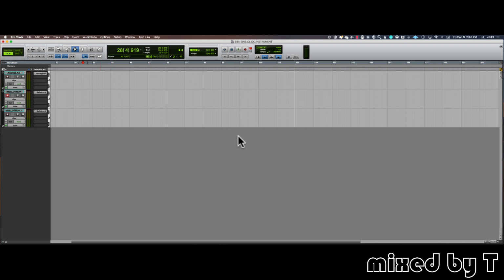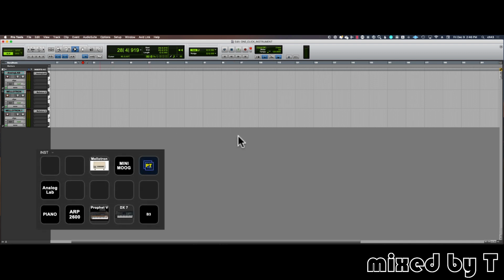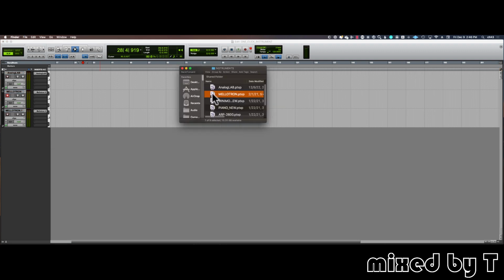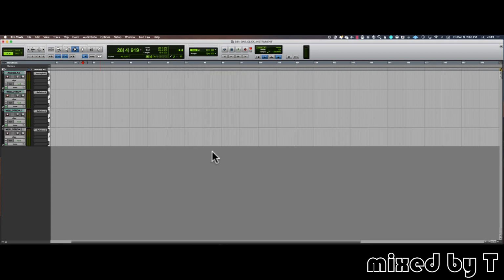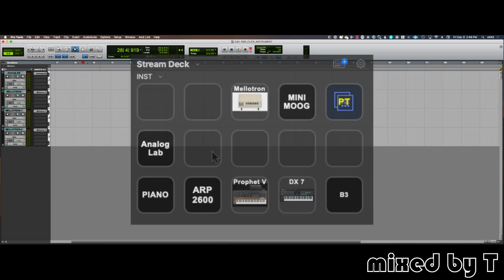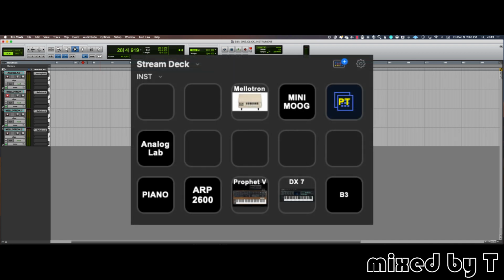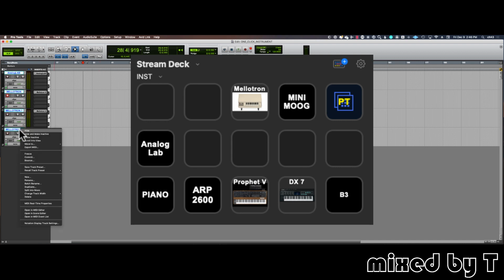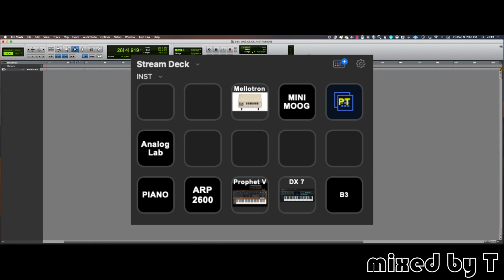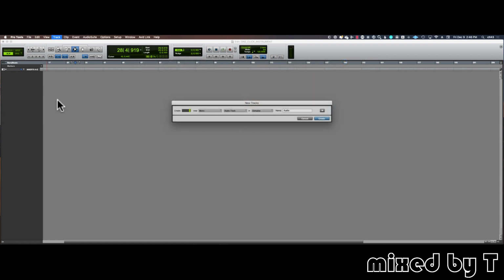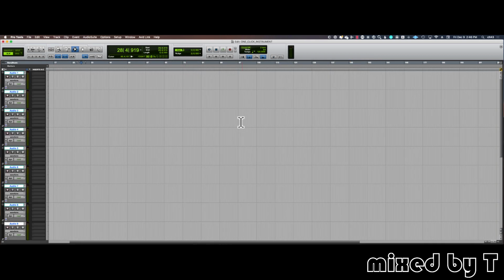Now I'm going to press the Mellotron on my Streamdeck. It opens, clears, goes, drags down, and then in Pro Tools it creates a track. So now I have a few instruments on my Streamdeck. I noticed this works. Let me delete those tracks here. Even if I have tracks, say 16 tracks of audio, so my window is full of audio tracks,